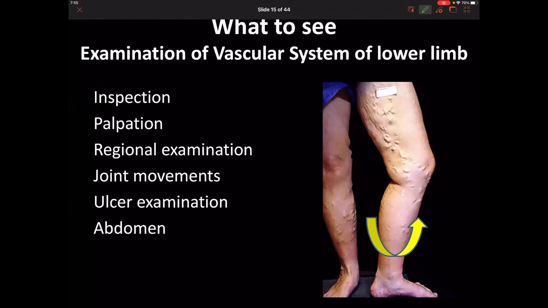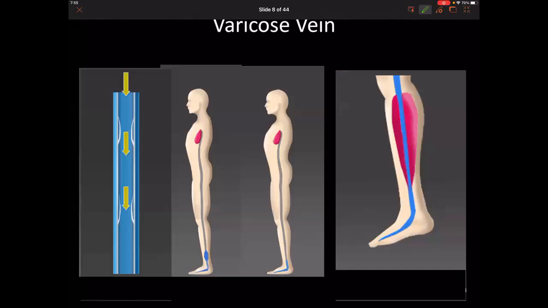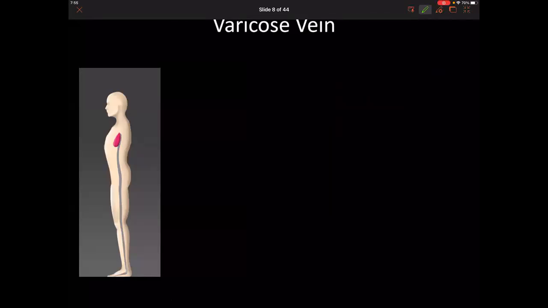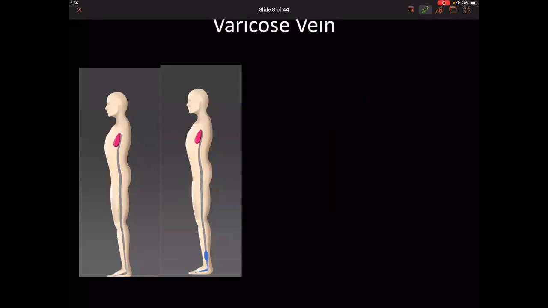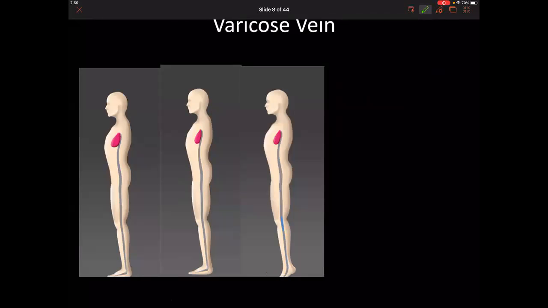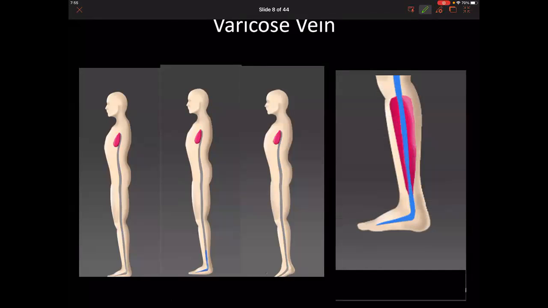Let us go back to the first picture that I started the day with. Remember that blood comes from the heart. The blood is returned by something called a muscle pump.